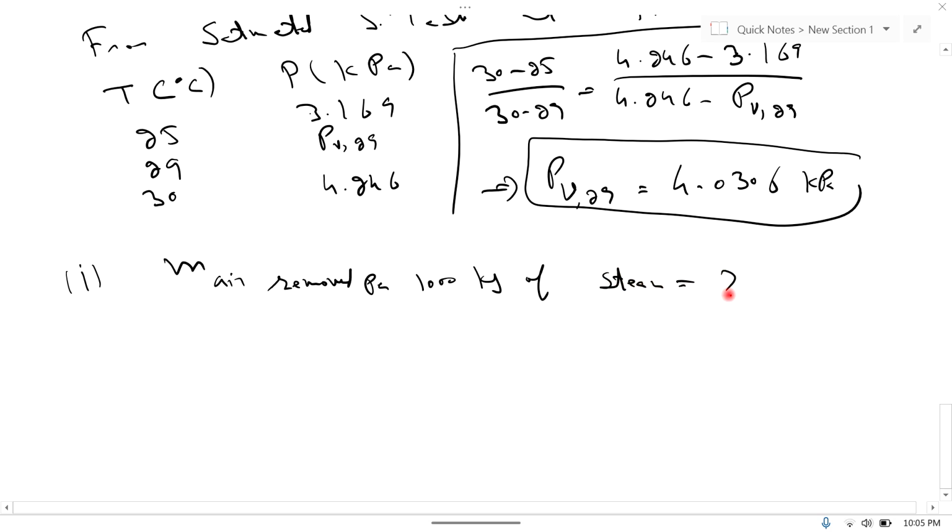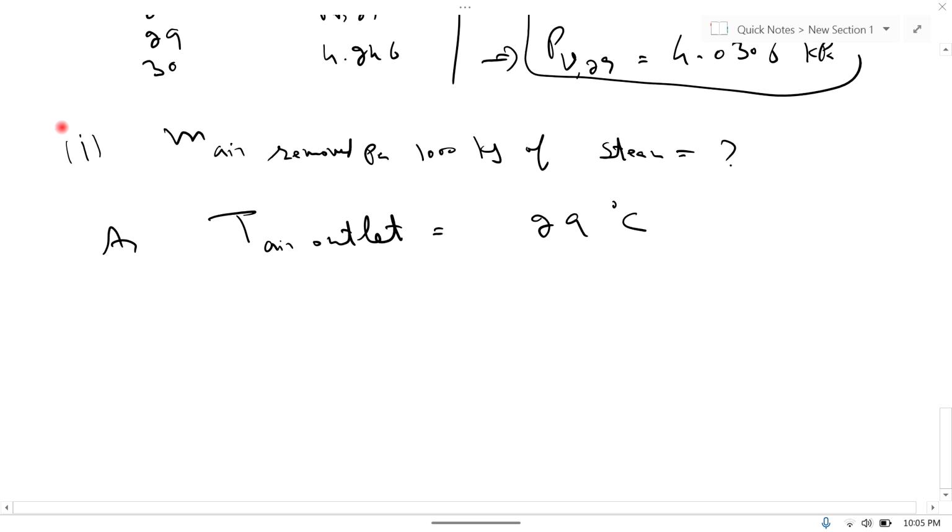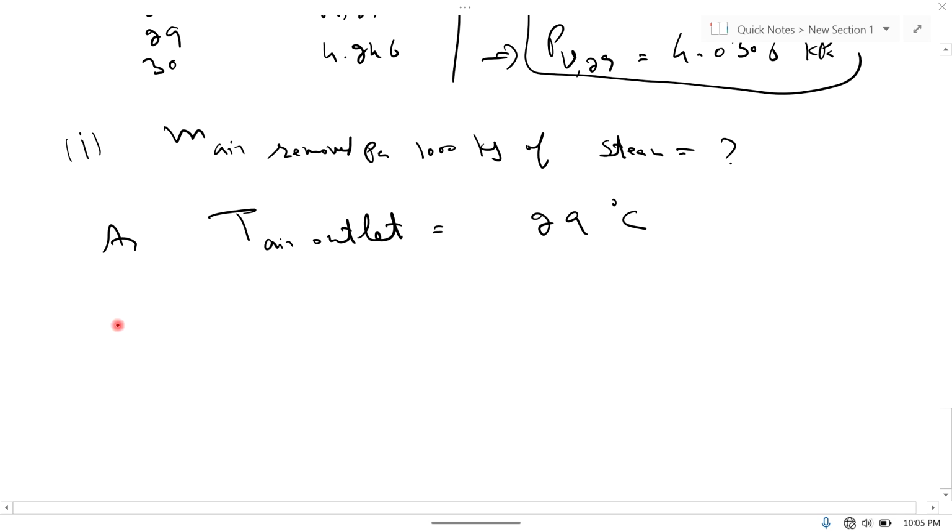This is required in part 1. So as outlet temperature of air, T air outlet, is equal to 29 degrees centigrade, so the partial pressure of air is equal to,